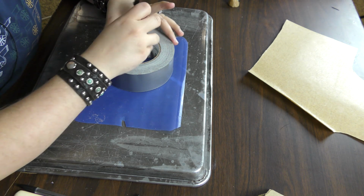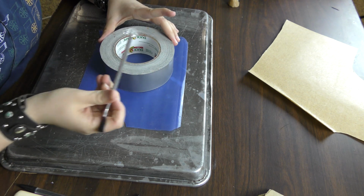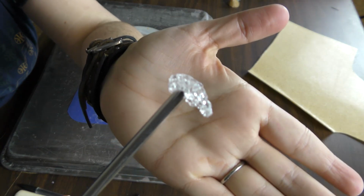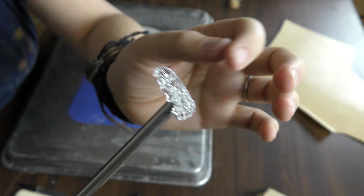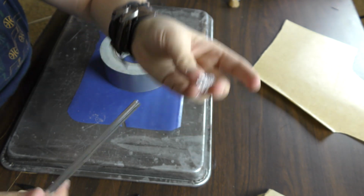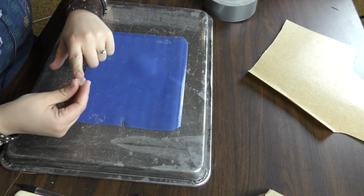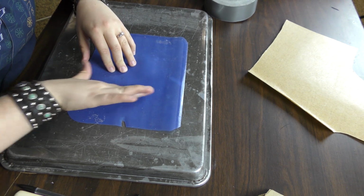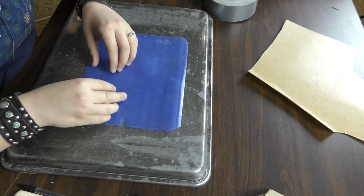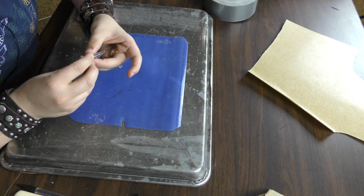Now, this plastic, when you heat it up, gets clear, if you can. So it's pretty neat stuff. You gotta just touch it gently, be gentle with it, make sure it doesn't burn your hands. Now, this picks up textures really easy. So if you have a textured surface, that would be a good thing to roll it on if that's the texture you want. So I'm just going to form it into a little tooth,